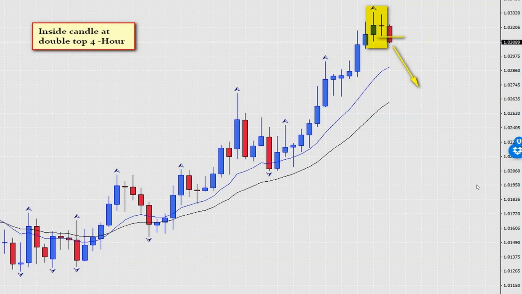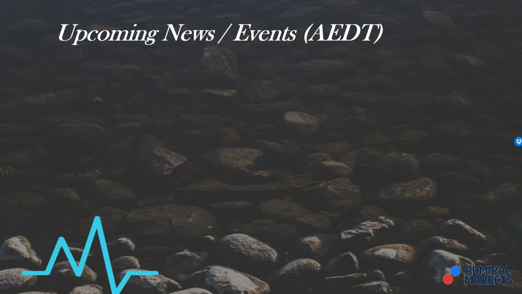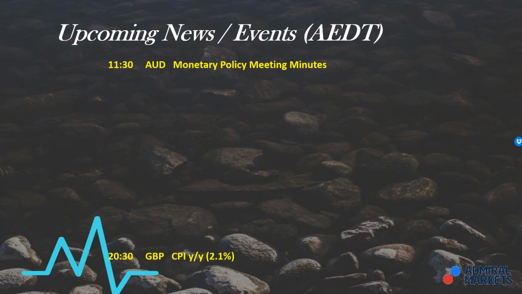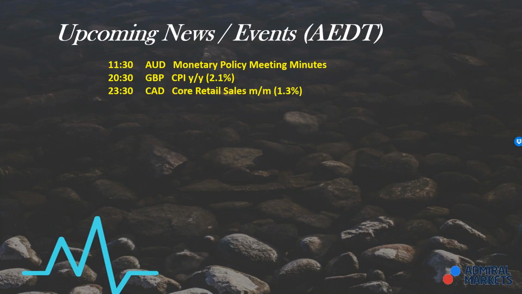Okay, let's have a look at what's happening in the session that is about to unfold. Essentially, what do we have? At 11:30 today, we have the monetary policy meeting minutes. So let's see what the minutes say, what the indication is of our economy and what they're feeling. This could move our Aussie dollar. At 8:30 later tonight, we have CPI numbers in London for the GBP. At 11:30 we have retail sales for the CAD, and tentatively we have the New Zealand GDT price index, which could occur anywhere between now and tomorrow before I next speak to you.